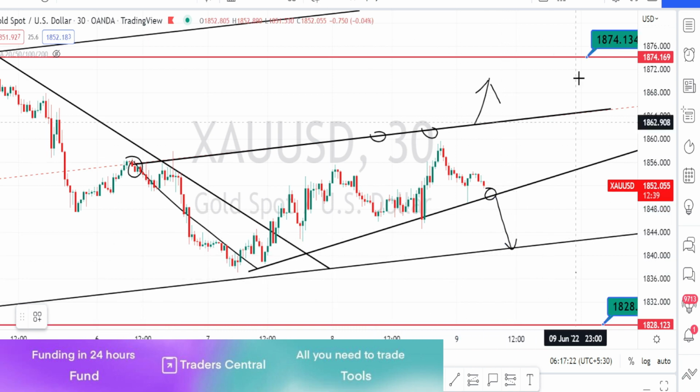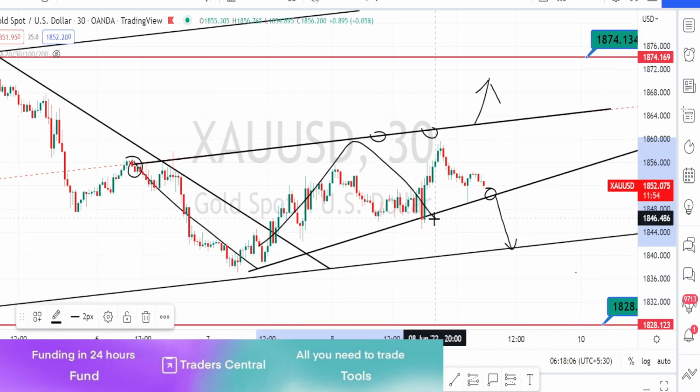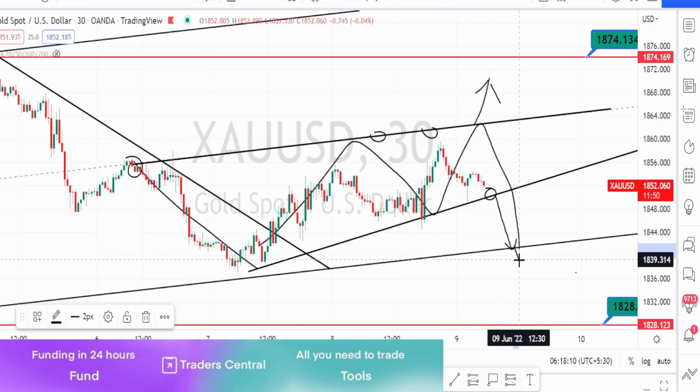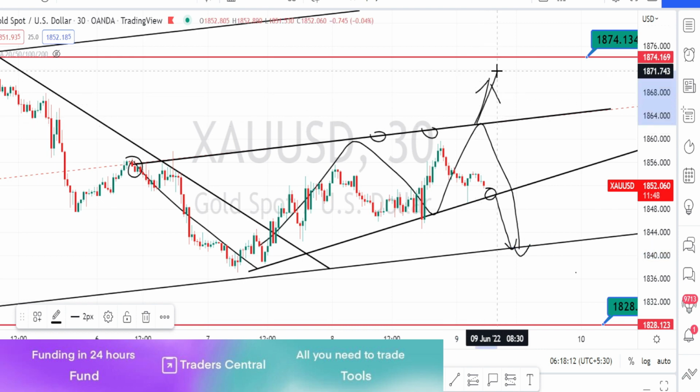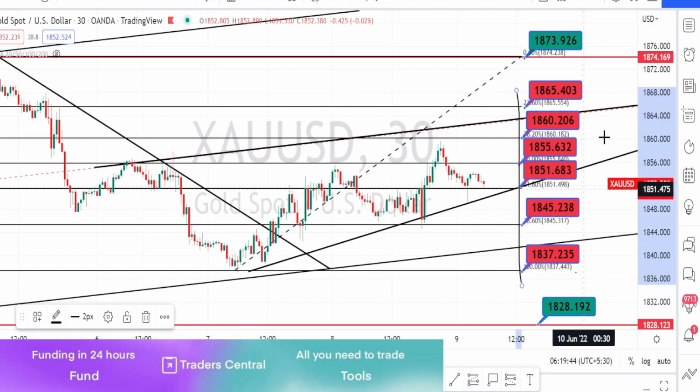And overall, when we look at the price action, it is trading between the higher time frame resistance level of 1874 and support level of 1828. Currently the trading ranges are becoming narrower and narrower. Soon we can expect a directional breakout on the downside or on the bullish side. Let us mark the support and resistance levels. So the values within these red color boxes are the resistance and support levels for 30 minutes time frame.